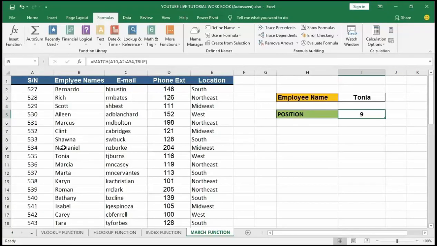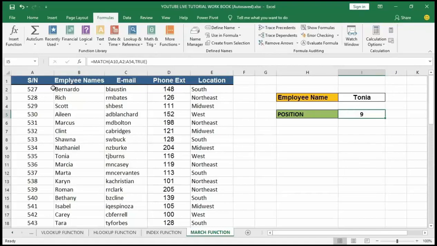So with the match function, we can find the position of a piece of data, while with the index function, we can find a value based on its position. You can see the output as 9, which is the relative position of an employee with the name Tonia.